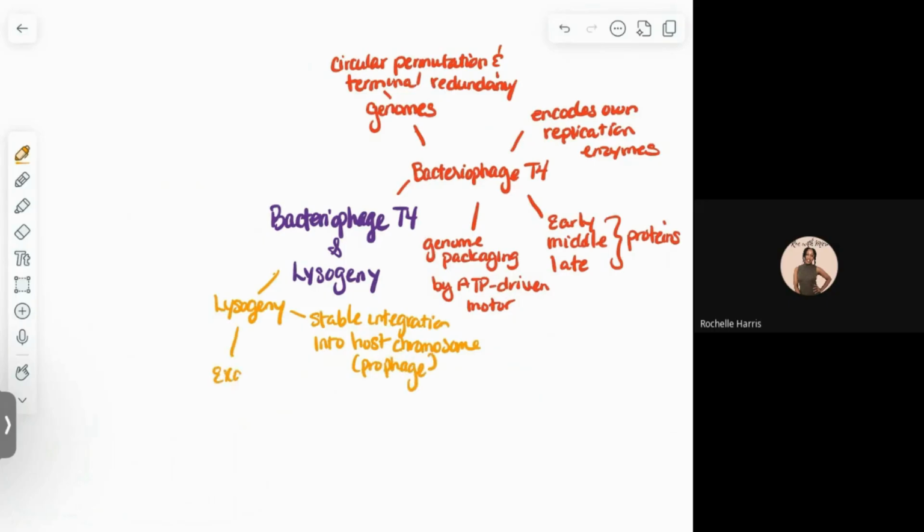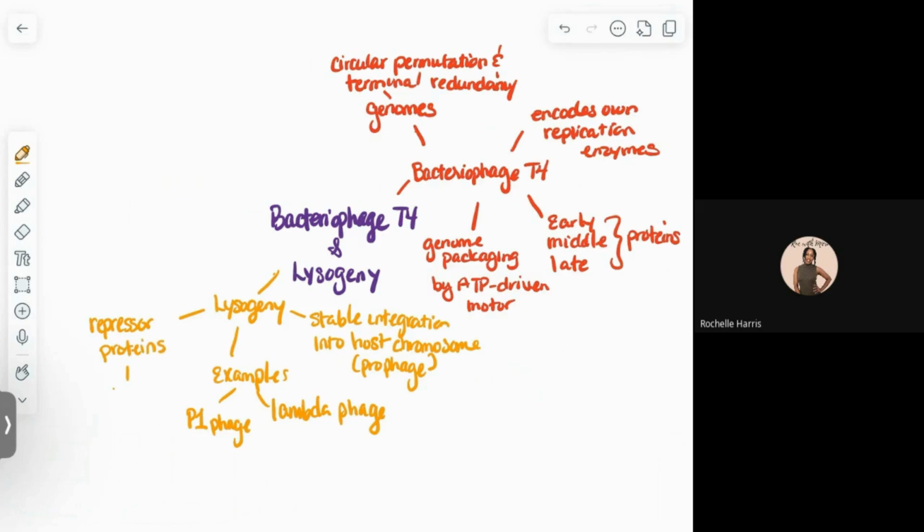Lysogeny is maintained by repressor proteins such as cI, which blocks transcription of lytic genes. This provides the virus with stability during conditions unfavorable for rapid replication while still allowing for eventual activation of the